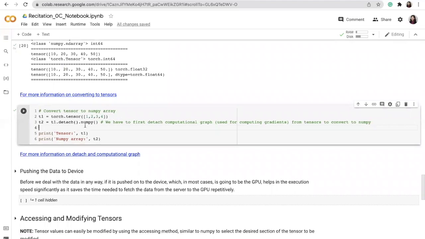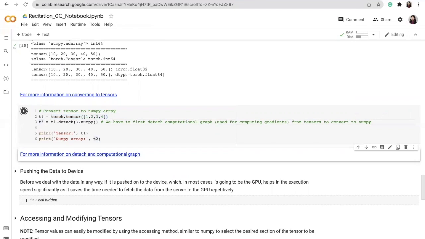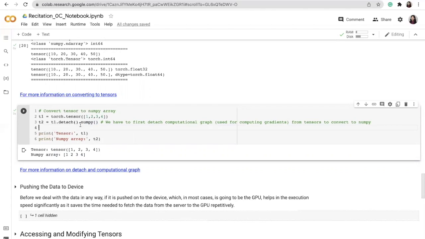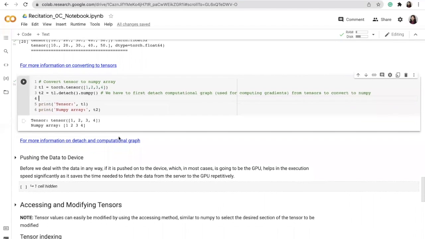Now, what if we want to change from a tensor back to a NumPy array? Let's say we have a torch tensor, which is T1, and we want to convert it into a NumPy array. So we'll go ahead and detach it and then call the .numpy function. This detach function is used because all tensors that you create are by default attached to a computational graph. And to bring it back to a NumPy array, you need to detach it and then call the .numpy function on it. For more details, you can refer to this link that we have provided, and that will make things clearer.